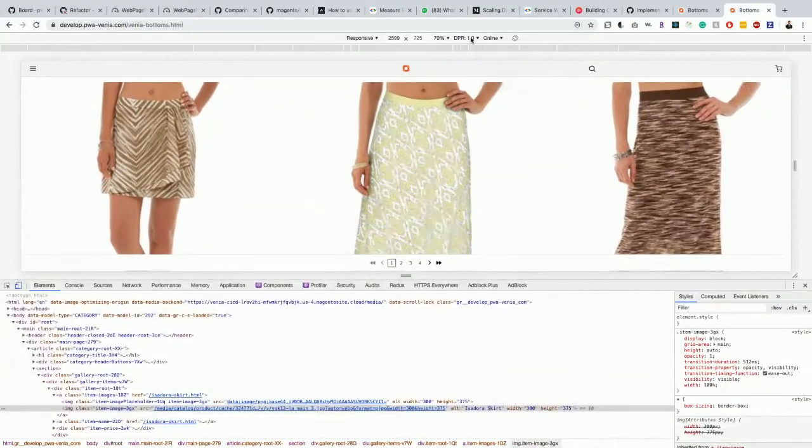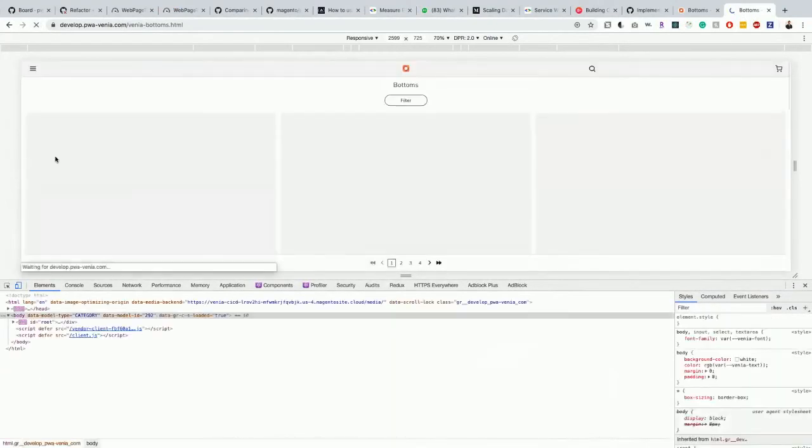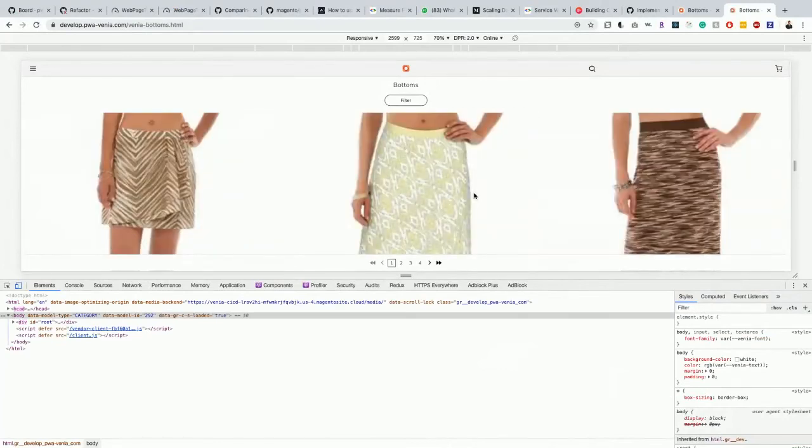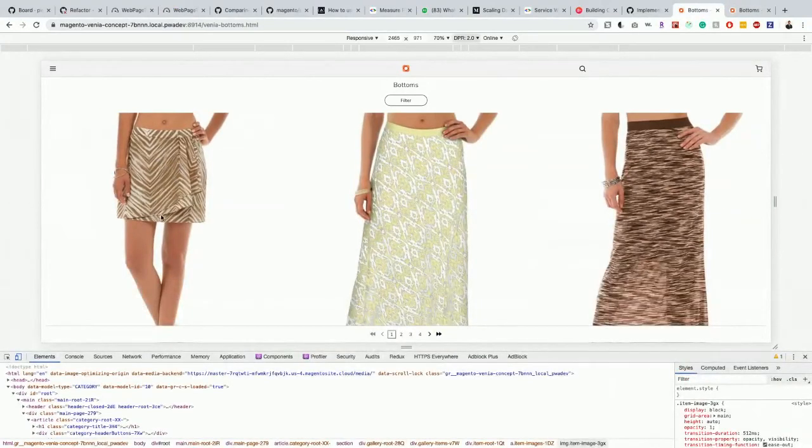And when you do the resize, it's not just changing the size, but it's also changing the compression ratio, and where the browser supports it, it's actually rendering WebP images. So if you look at the current implementation in Develop, I'm going with the device pixel ratio of 2, and still, if you look at the image, it's actually pixelated. It's not clear. If you look at the newly implemented one, the images are super sharp. And that's what you want your users to have, a better experience with the products. We don't want to maintain all these logics, so since we already have source set, we are just utilizing it.